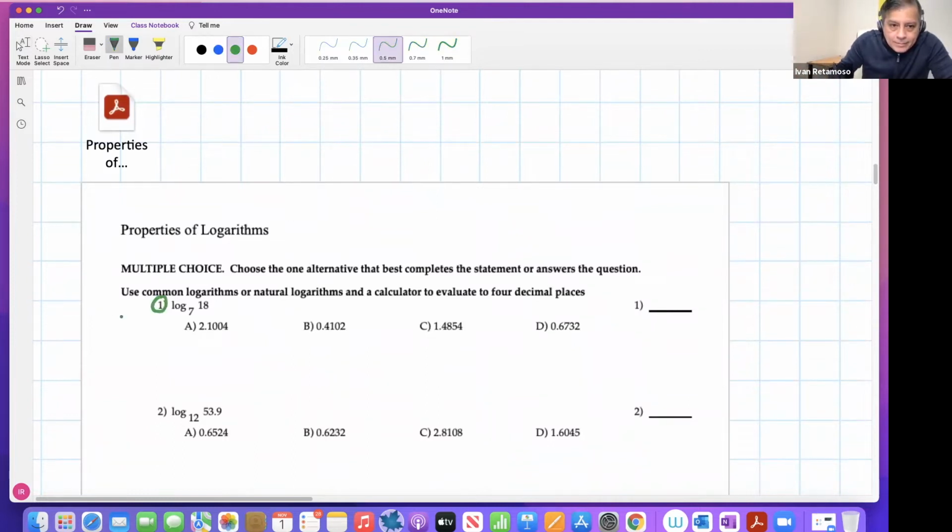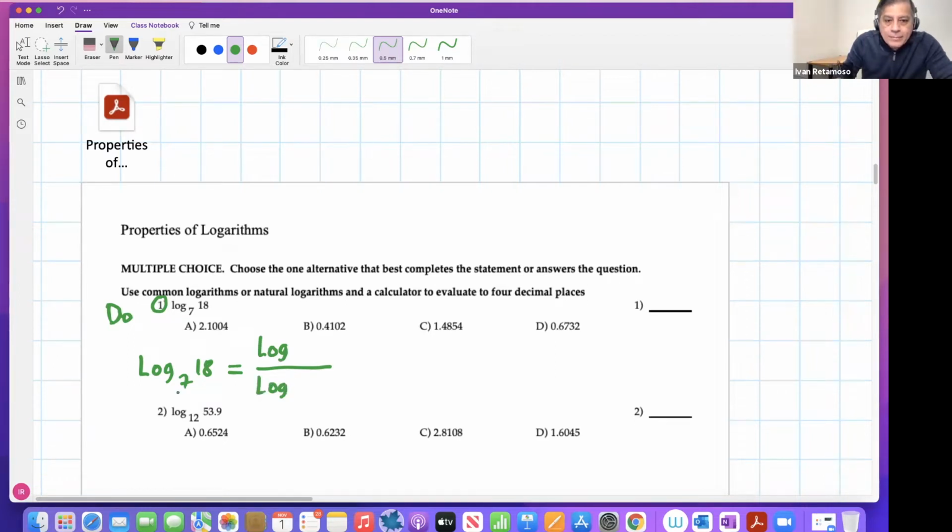This one. We'll give you the hint, log base 7 of 18. It's gonna be the quotient of the logs. You may choose to work with natural log or with common log. It's up to you, right? So choose one and then do the computation, right? Let's say you chose